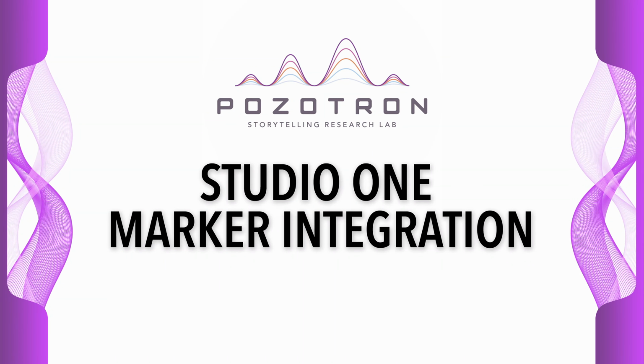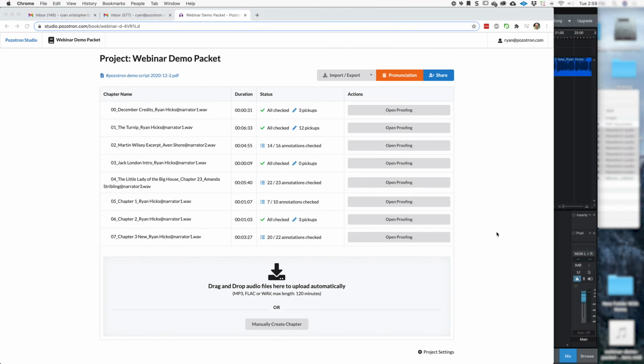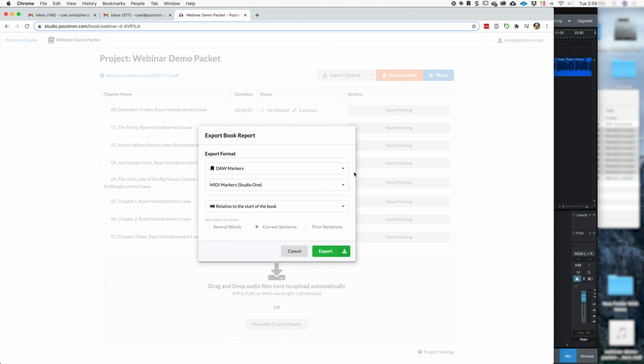There have been quite a few questions lately about DAW integration markers, specifically with Studio One. I'm going to go over two ways that you can approach it because Studio One's a little unusual with marker import. Inside your project, you'll have this import-export button, and you're going to export the DAW markers for Studio One